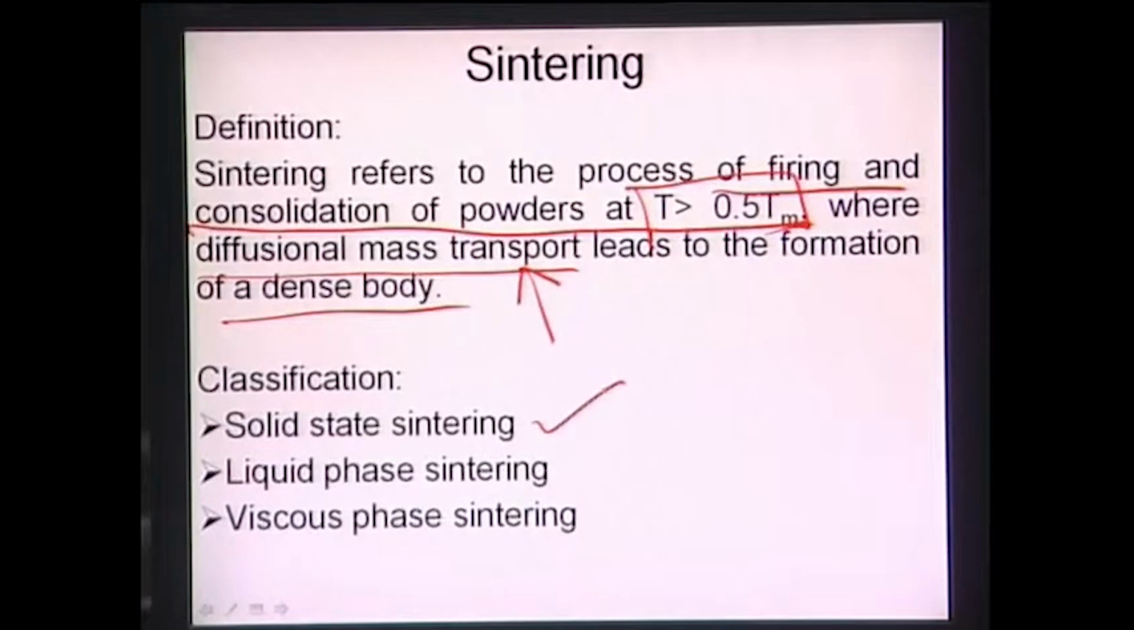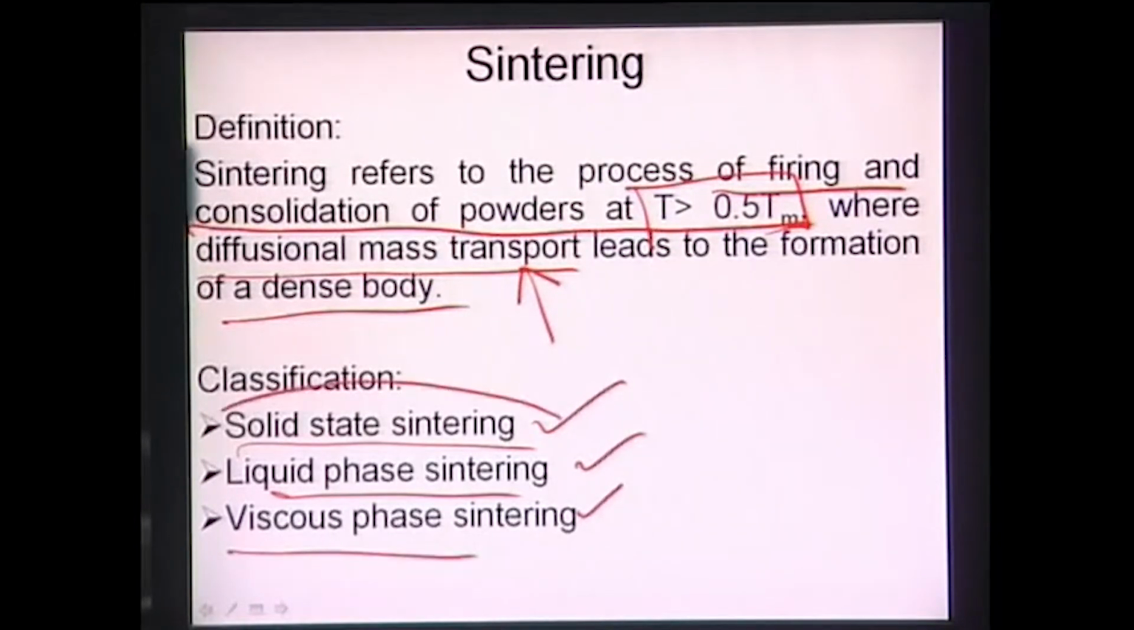So what are the different classifications of sintering? One is solid state sintering, the second is liquid phase sintering, and the third is viscous phase sintering. In this lecture we will mostly concentrate on solid state sintering and liquid phase sintering, not viscous phase sintering. And as we go, we will see the differences between these